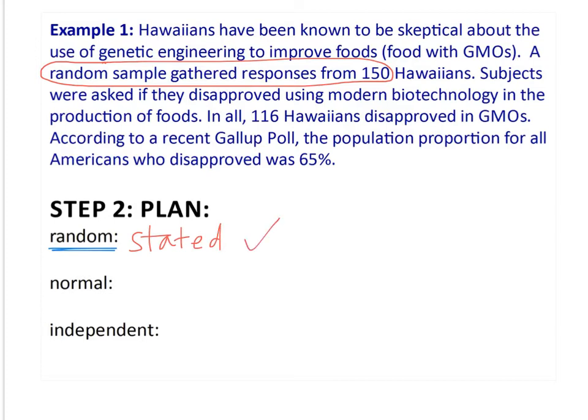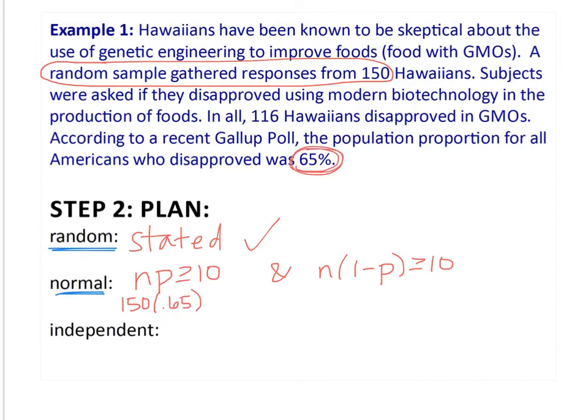Check. The second condition is normal. Well, since this is proportions, how I check normality is np greater than or equal to 10, and the sample size times 1 minus the claim proportion is greater than or equal to 10. This is to make sure my sample's large enough. And if I do that arithmetic, 150 times 0.65, remember 0.65 is my claim, greater than or equal to 10,